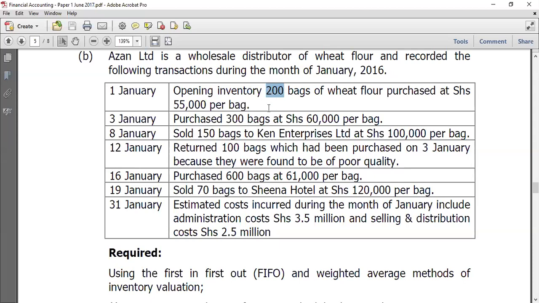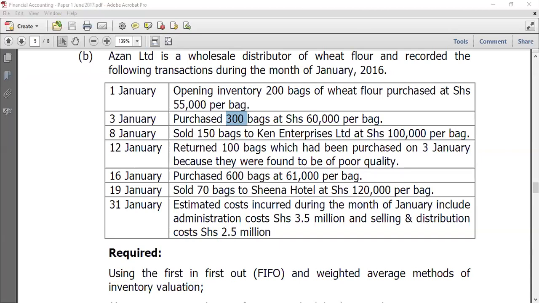Sell off the 50 that remained here, and then we come to what was purchased on January. Remember, part of what was purchased on January, 100 was returned, so there's 200 that was remaining. So we shall pick the remaining 20 from here. Okay, we shall pick that from there. So like that, you're able to think through the question in an easier way, and that is how